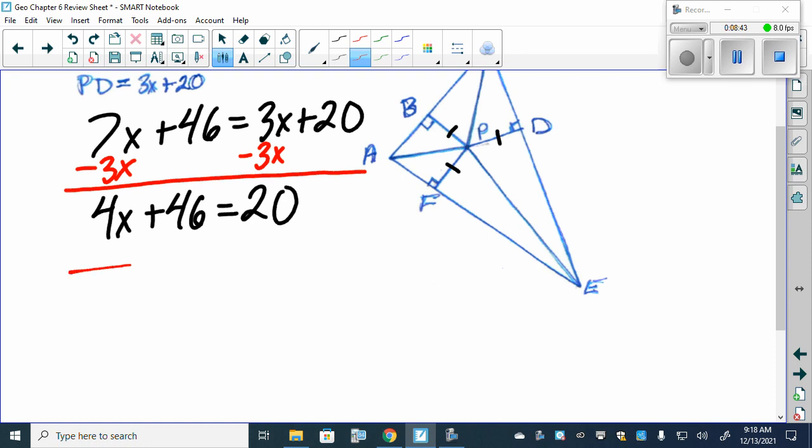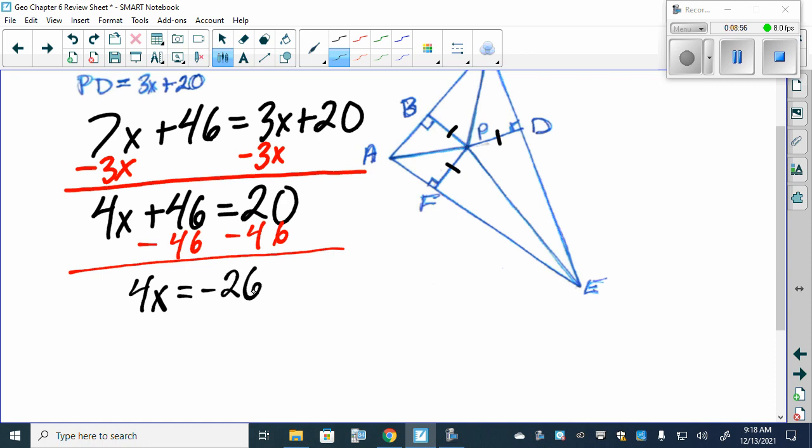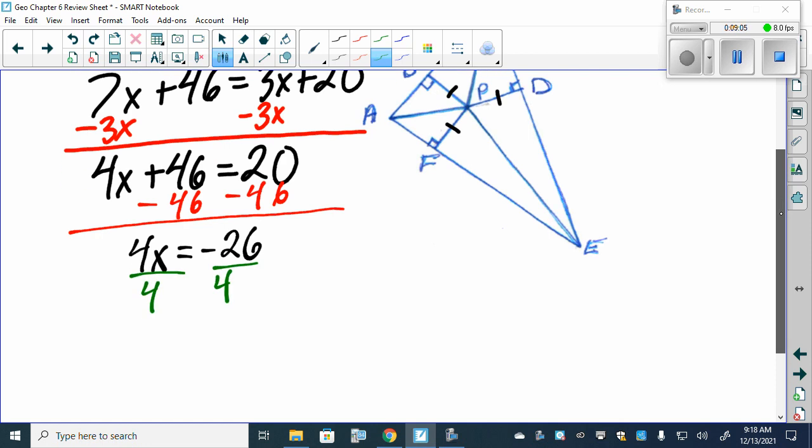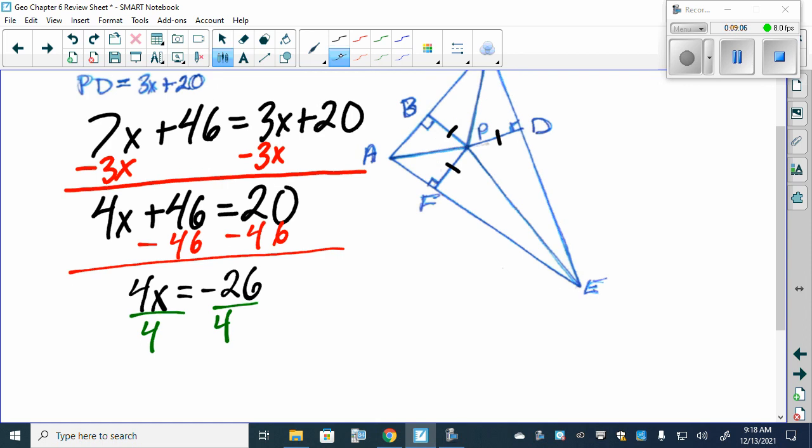And then we can subtract 46 from both sides, which will tell us that 4x is equal to negative 26. And last but not least, we can divide both sides by 4, telling us that x is equal to